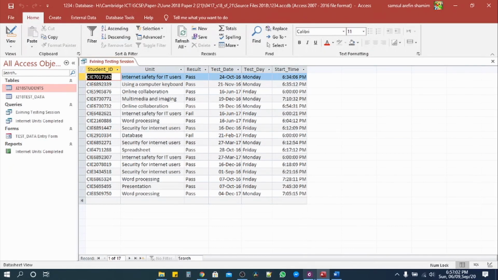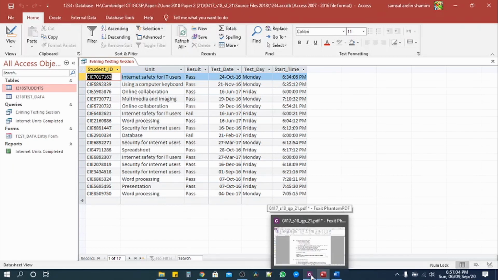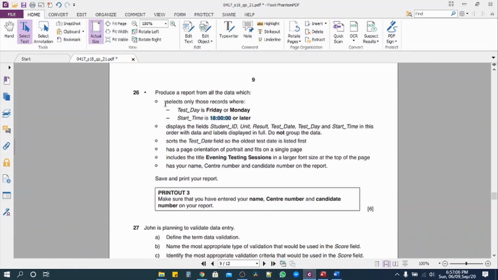So this is the term, this is the result, this is the output. So we have done this part as well, this part as well, highlighted. Sort the test date field so that oldest test date is listed first. So oldest one in this term,